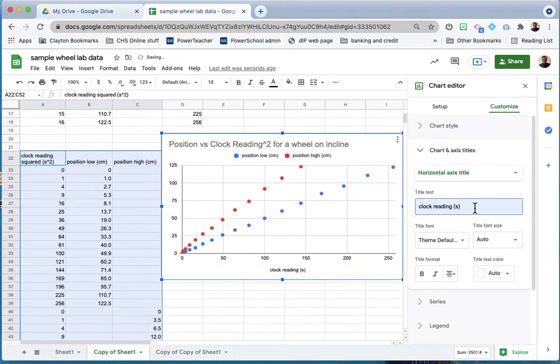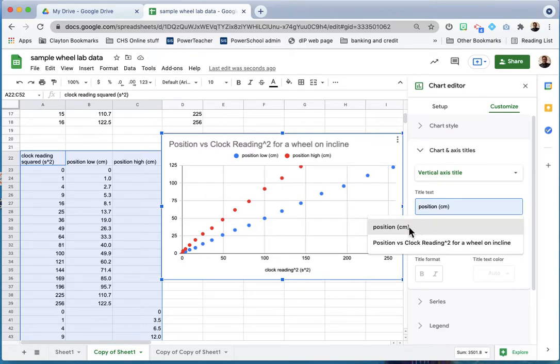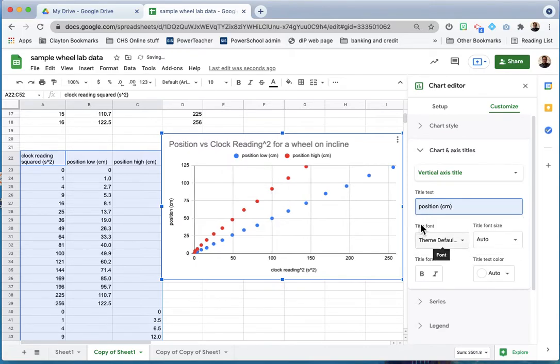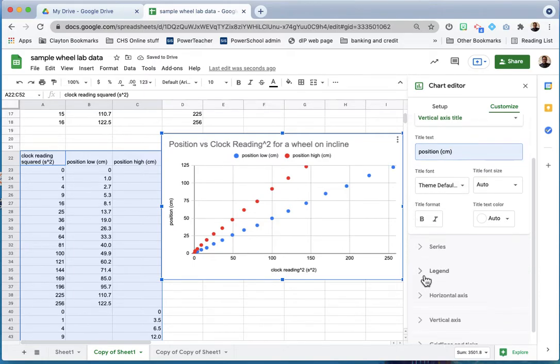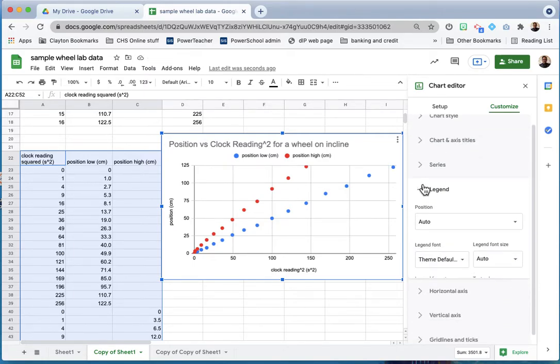I'm just going to edit that one. Clock reading squared, seconds squared. And my vertical axis title. Position. There we go. And then, sorry, in the series,